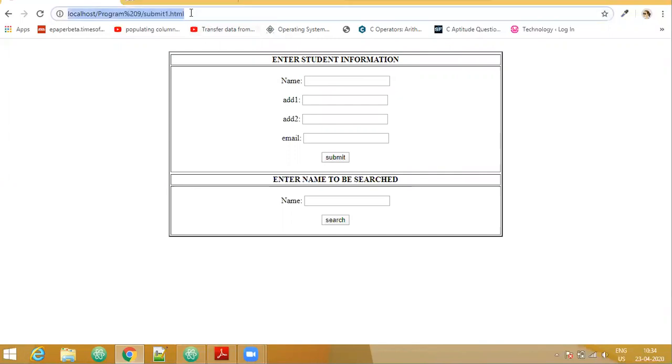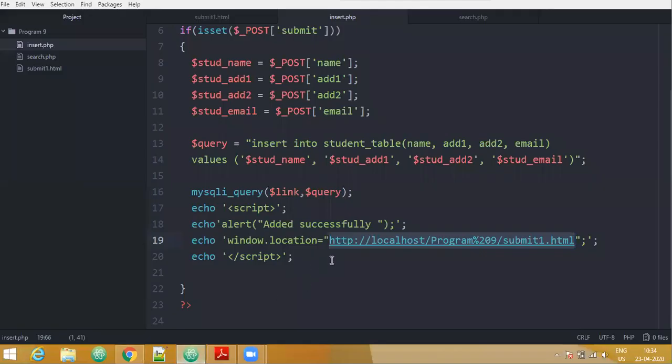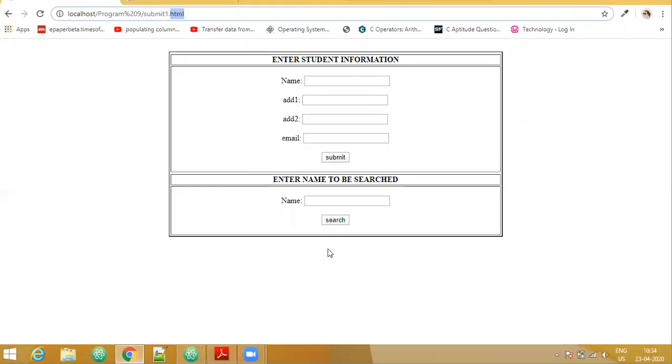So observe this address. This address is nothing but what is specified here in window.location. So this particular script is telling that once you have submitted successfully, again the user should be redirected to this particular page.